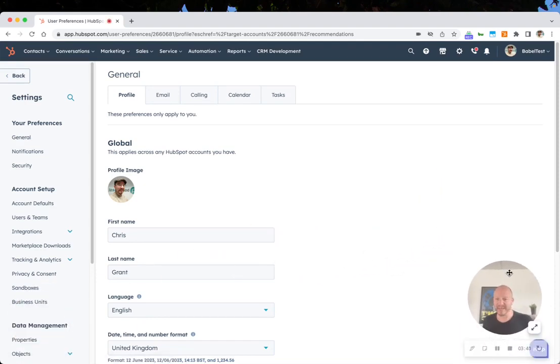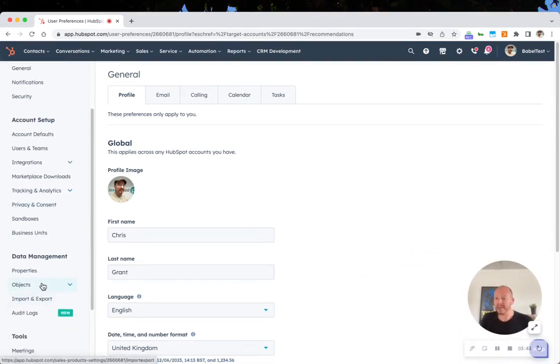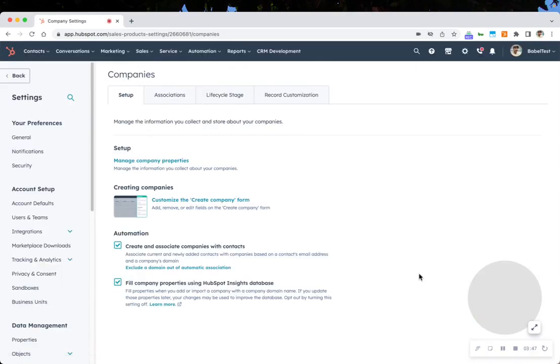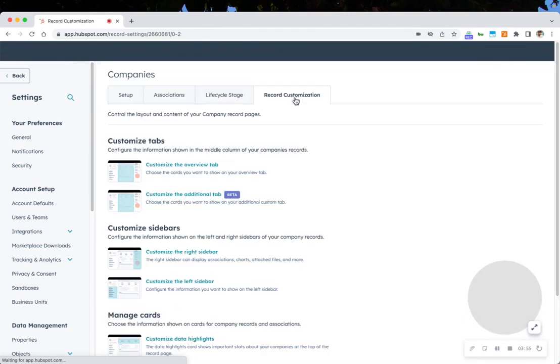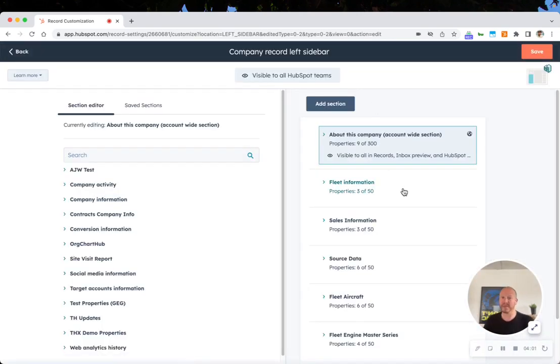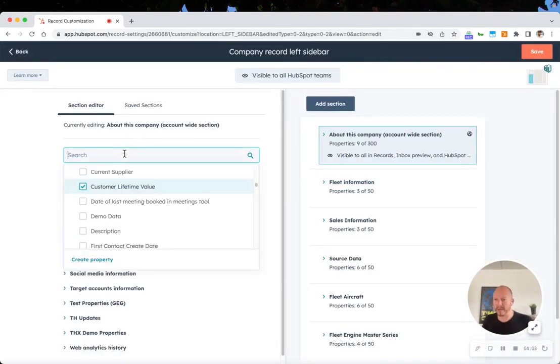I'm going to go down to objects and let's start with companies. So we're going to go into our companies. We're going to customize the company properties that we're seeing. So we're going to go to record customization, customize the left sidebar, and in this case, I'm going to edit the default view. So I'm going to look for